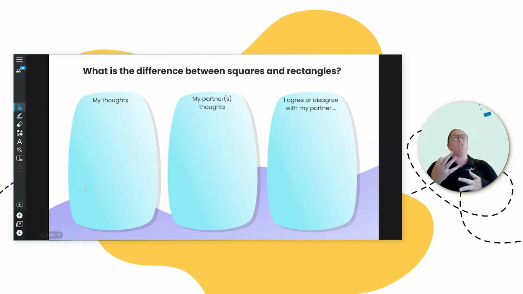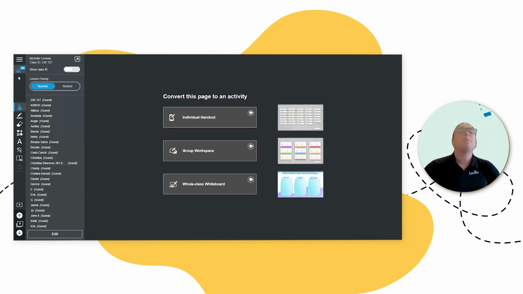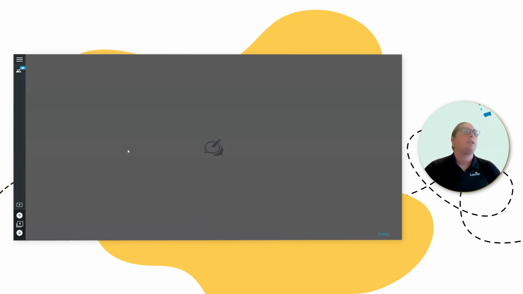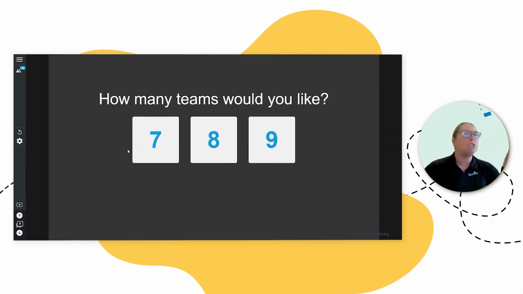So I do want to just quickly show group workspace. Obviously, for something like this, they might be doing it individually, but I do want to quickly show you what a group workspace would look like. So if I hop into group workspace here, or classroom management tab, and I click on group workspace, I'm now going to put you in small groups. So I have about 39 people. So the most you can have is 9. It's kind of doing the math for me here. So I'm going to just do groups of 9.